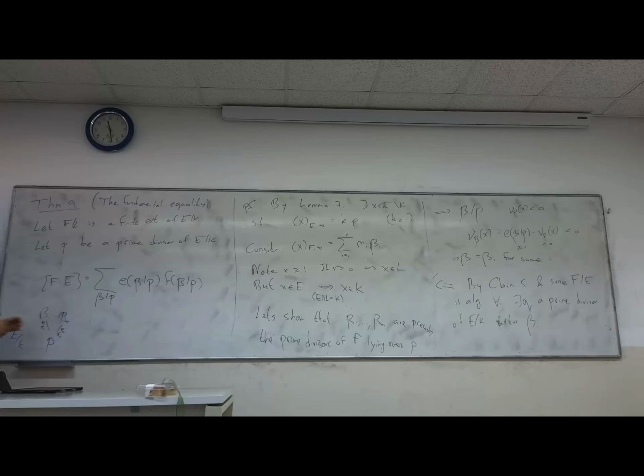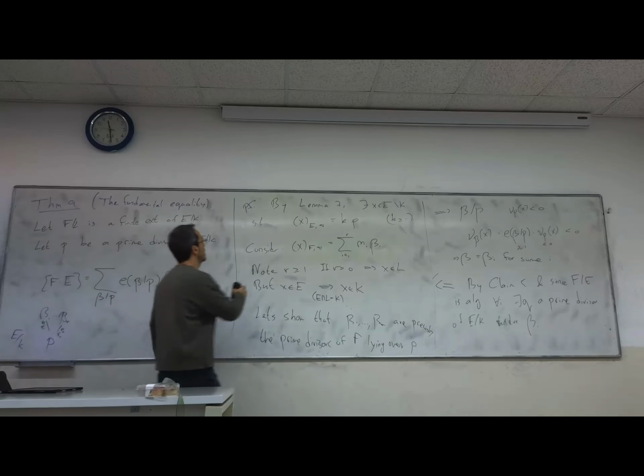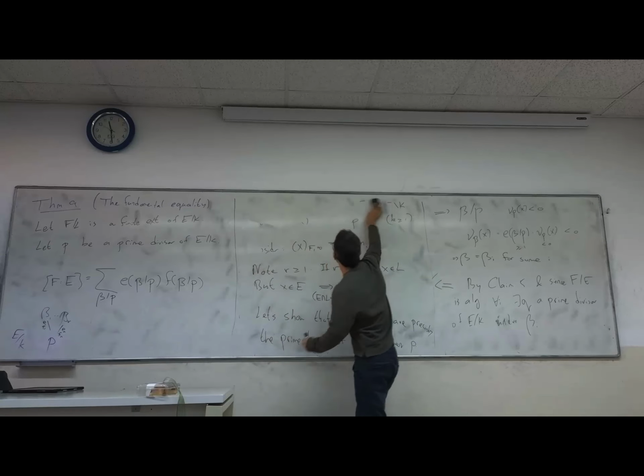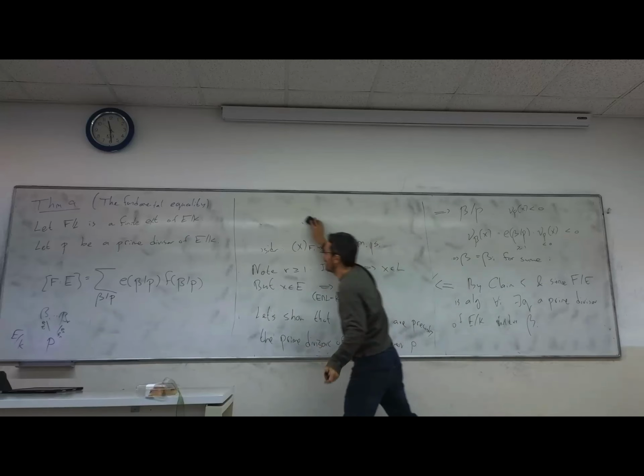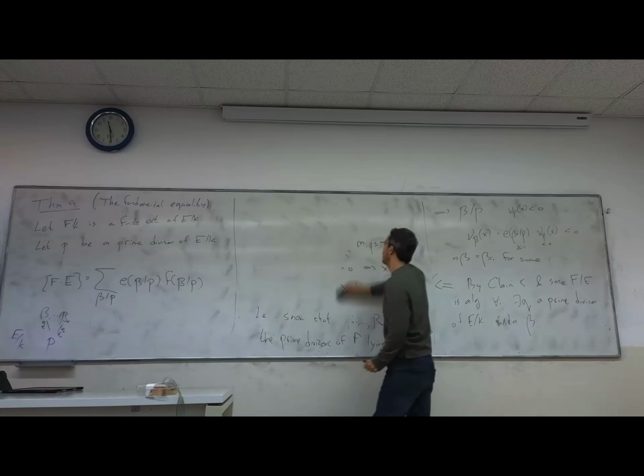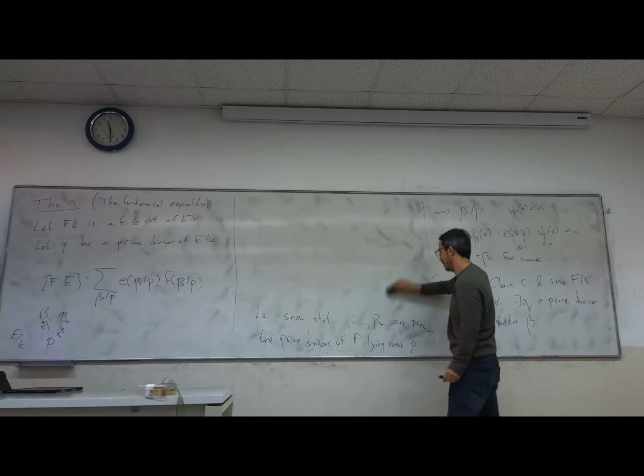But I'm saying that there is some invariance going on here. So if you sum over all the prime divisors above me and take the product of the E's and the F's, you get always the field extension, like the function field extension, not L over K, the field extension. That's kind of fantastic, right? You'll see much more than that, but that's a very strong statement, much stronger than there are finitely many places above you or something like that. I mean, you need that for the proof, but